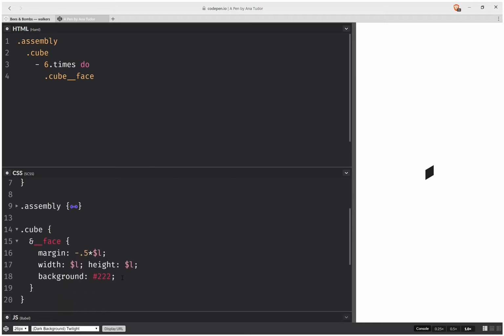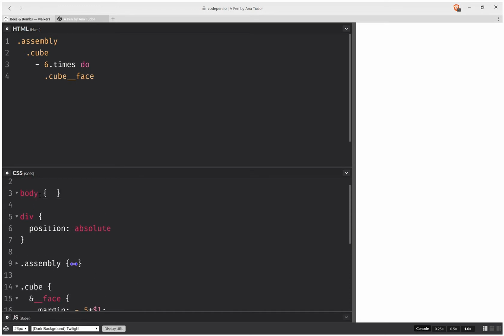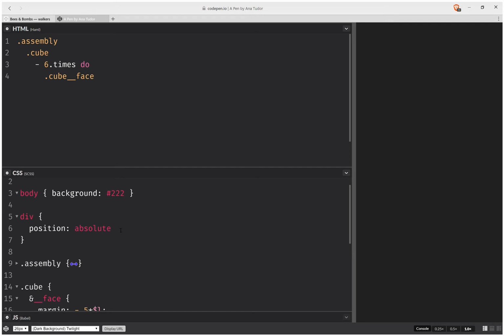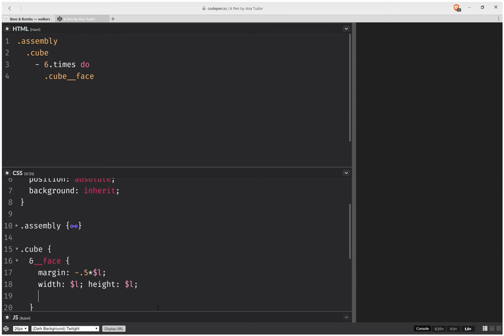So this background here, I'm going to set it on the body, and here on the div I'm going to set background inherit, and on the cube I'm going to set a box shadow that's going to be inset, and 0 offsets, 0 blur, and 2 pixels, and it's going to be white. Okay,